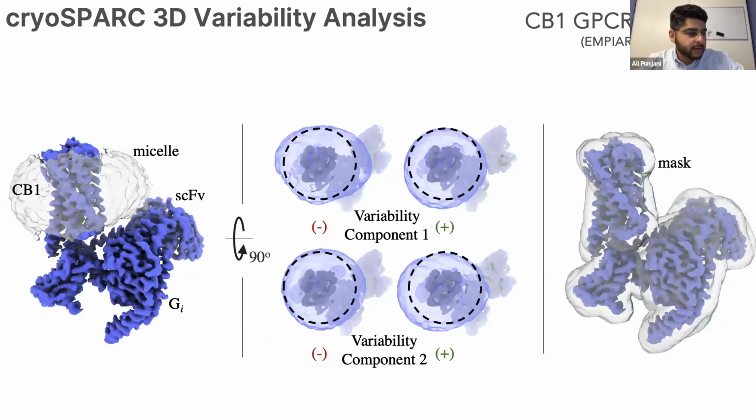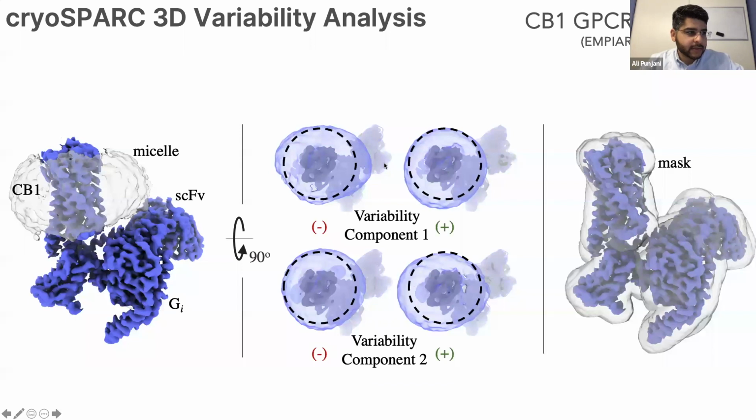I think this has 300,000 particles that were used for 3D variability analysis. The actual consensus refinement structure of the GPCR shows the membrane, the protein itself, multiple subunits of the complex, the transmembrane domain, and the detergent micelle. Now, when we run 3D variability analysis on this data directly, what we end up finding are variability components that